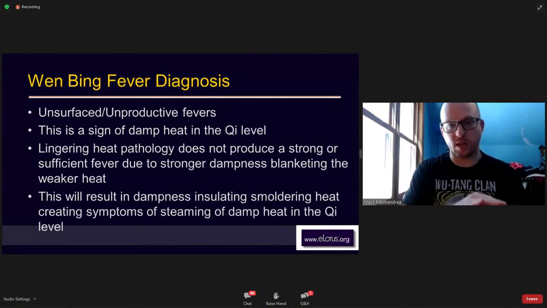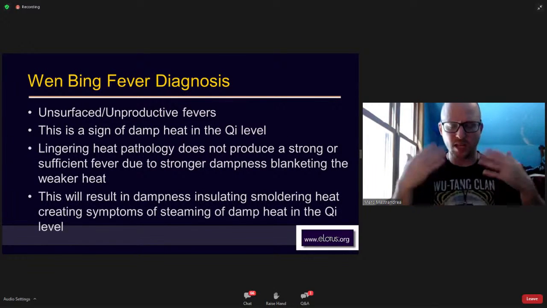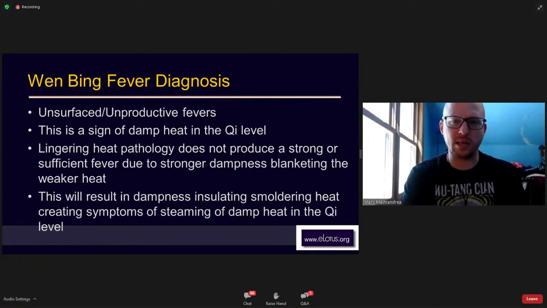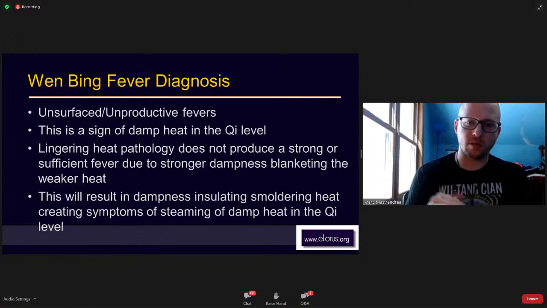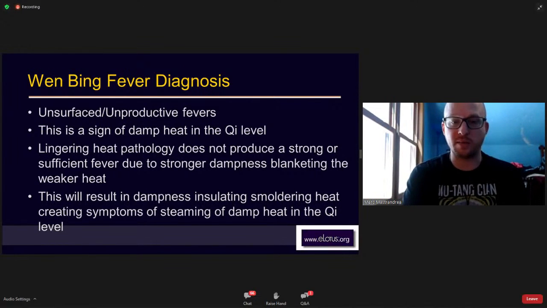Sometimes when you press the skin on the person, it hurts, but you press through and you start to feel heat. If you press down through the surface of the skin, the heat is more down in the deep area of the skin. The skin's oily, sweaty. You know, this is this idea here of damp heat, right? Lingering heat that's sitting under the skin, which can't be very productive and pushed to the surface to clear this pathogen because of the dampness on top,